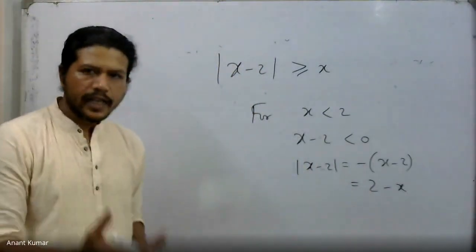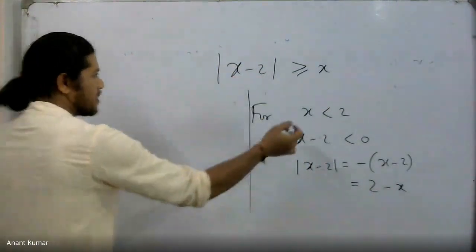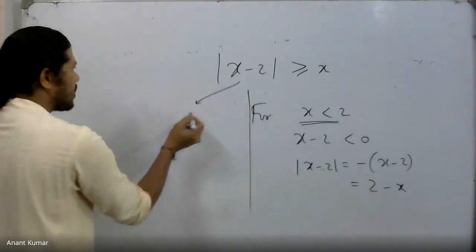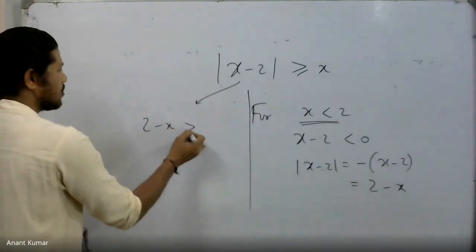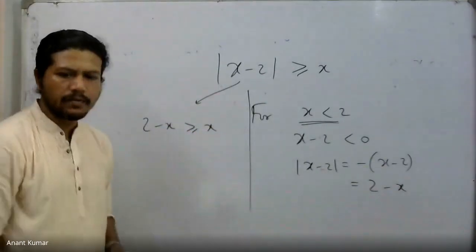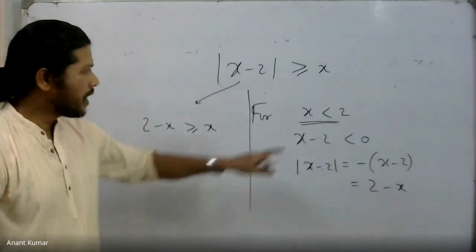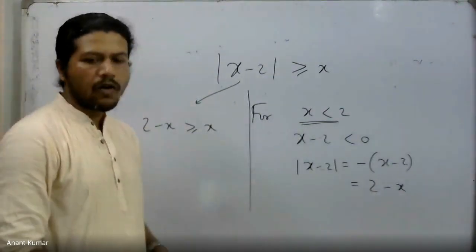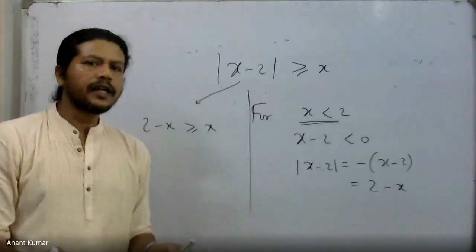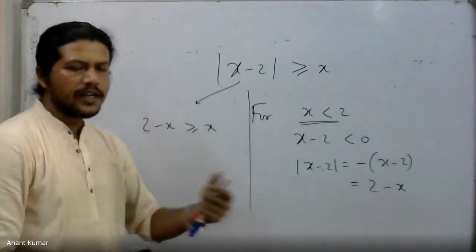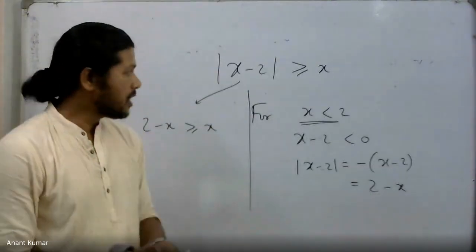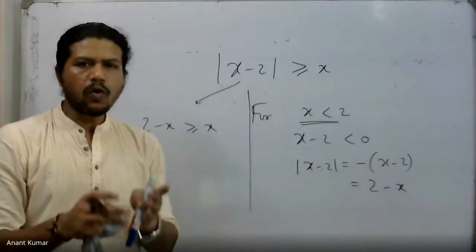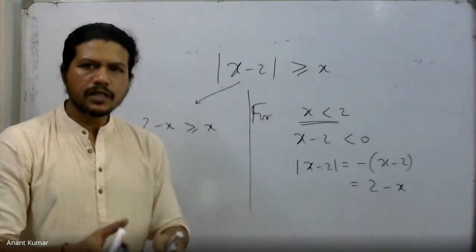Okay. So, therefore, for the region x less than 2, for this region particularly, this inequality now becomes 2 minus x more than equal to x. That's what it becomes. This is only true when x is less than 2, otherwise it won't be. Fine. Point is that whenever you encounter the mod, you simply break the entire real line into different intervals. In each interval, and what intervals you're going to get will be determined by those breakpoints, those points at which the quantity inside the modulus becomes 0.